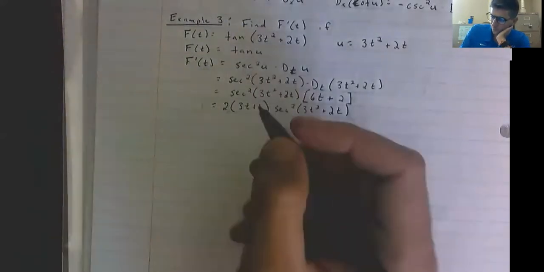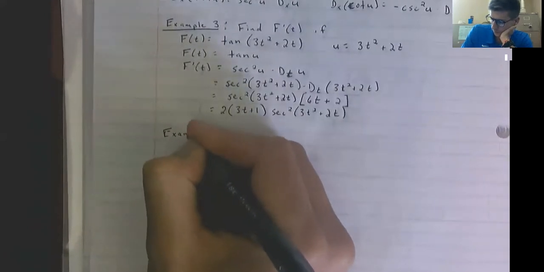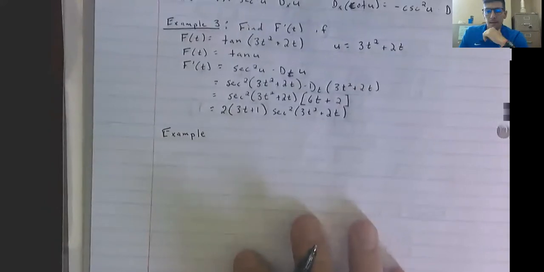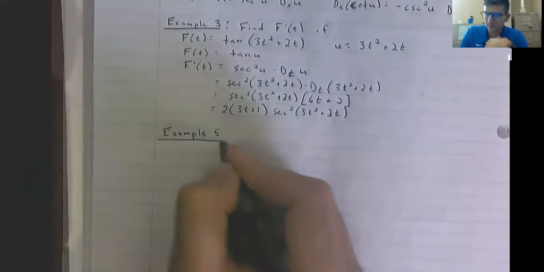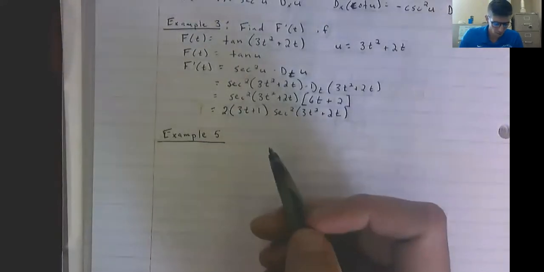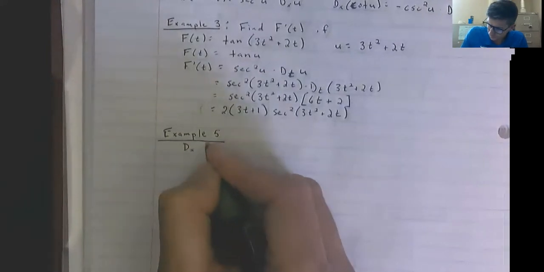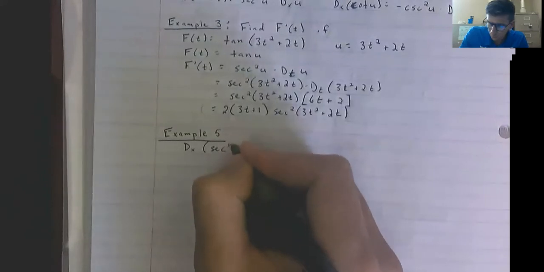Okay, we'll do one more example of this and then jump into simple harmonic motion, which itself will include some chain rule with cosine and sine, so we'll get some more practice as well. But this will be example 5. This is a fun little problem because it will induce a double chain rule, which usually you have to pay extra for that kind of thing, but we're getting it for free. So they're asking us to find the derivative with respect to x of secant to the 4th,